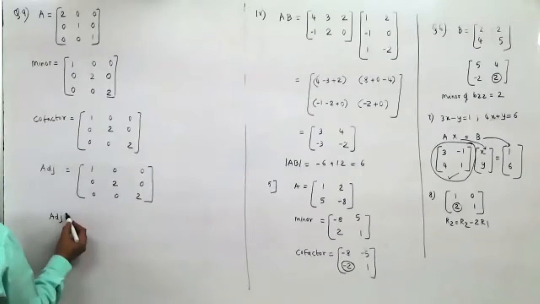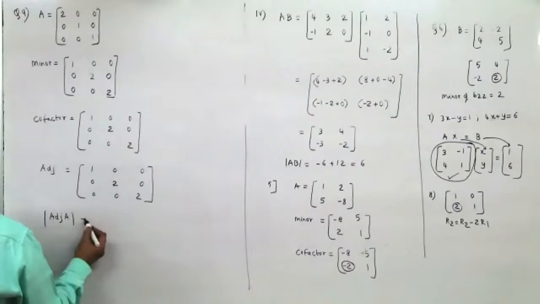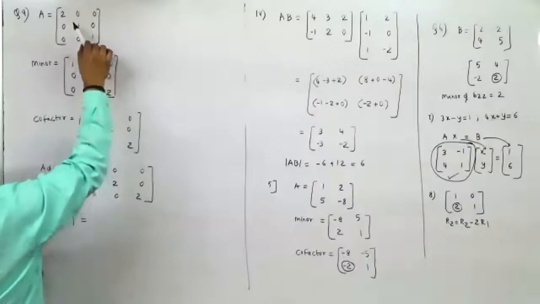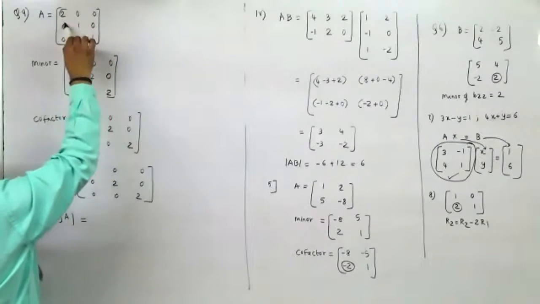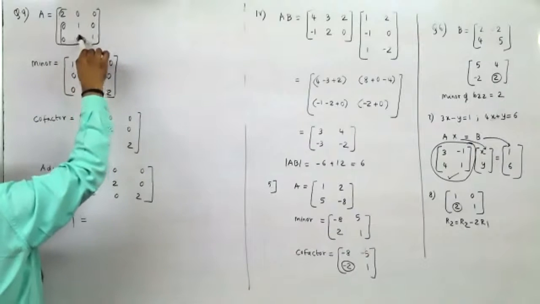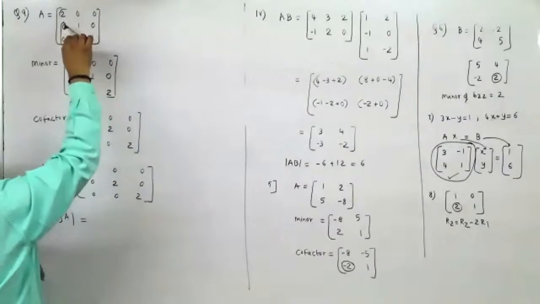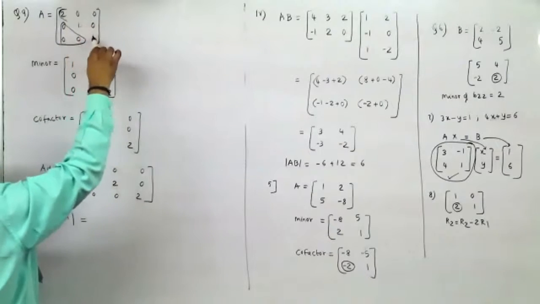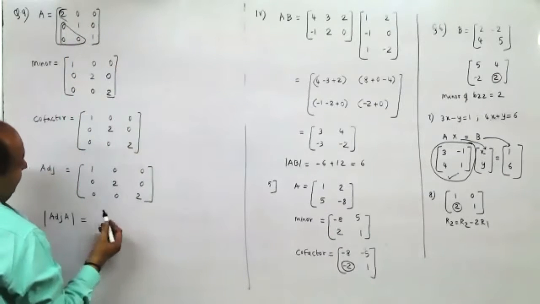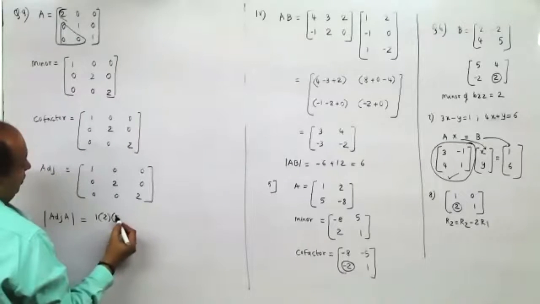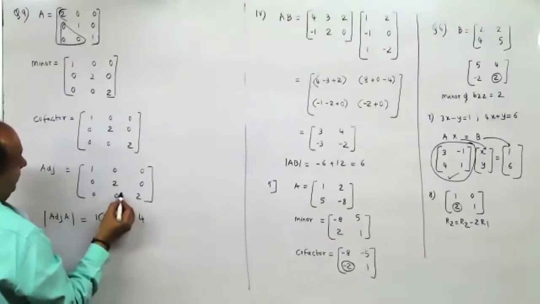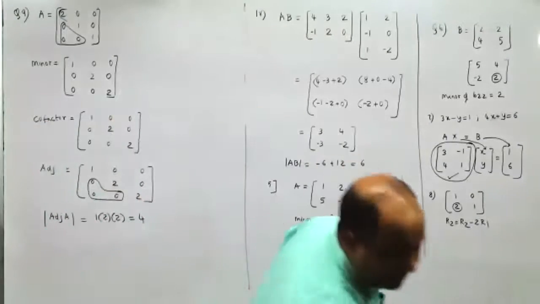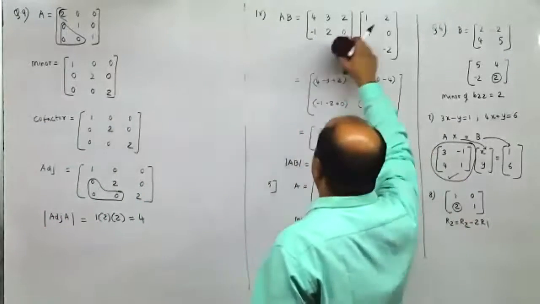Yeah, I should have also thought that this is the way. Now, remember, when all elements of the lower triangle are 0, determinant value is equal to this into this into this. Here 2, here 2, determinant value would be 1 into 2 into 2. So it would be 4. Sir, it's correct.